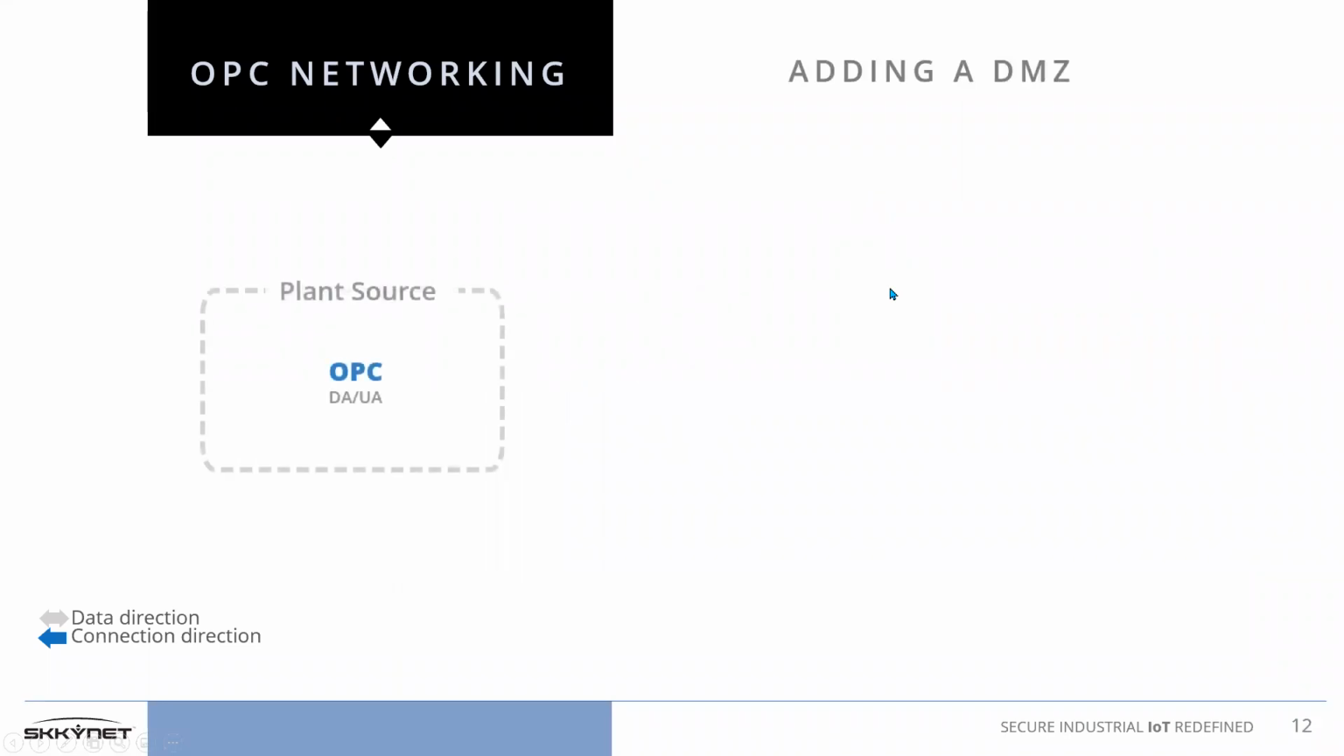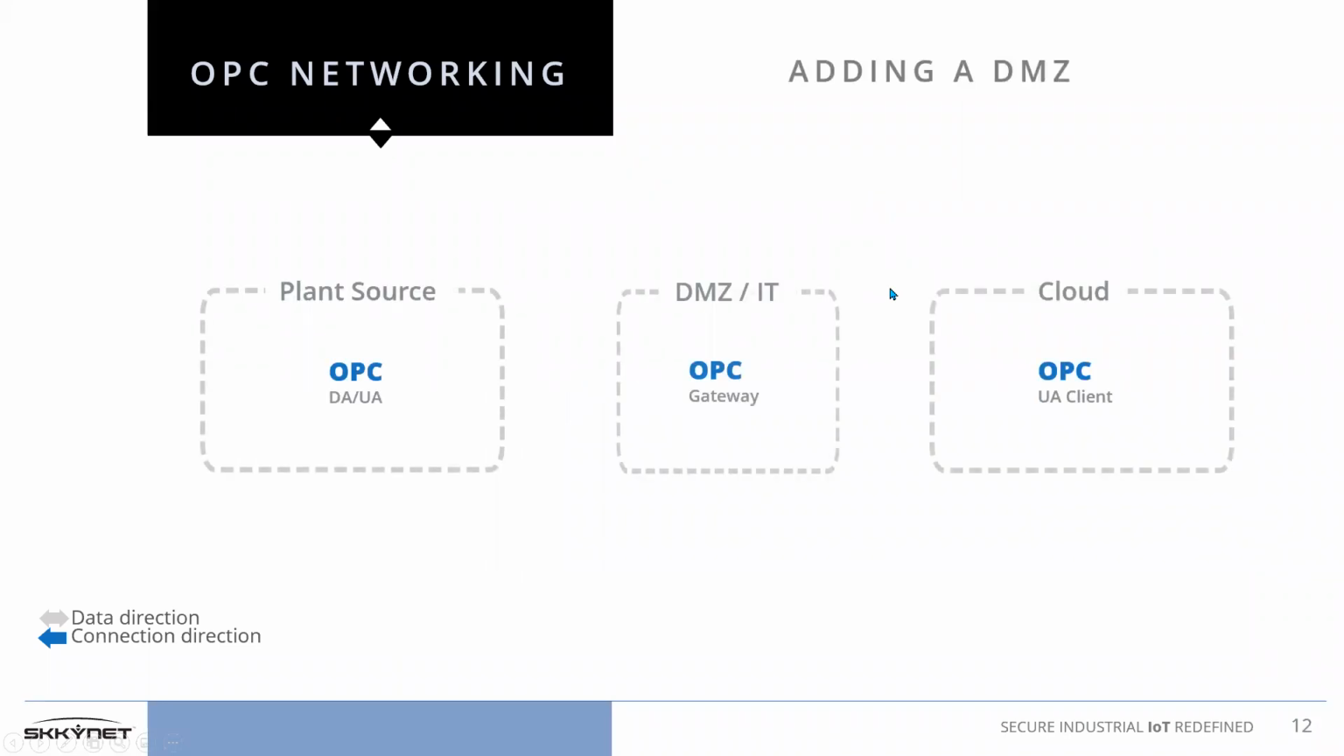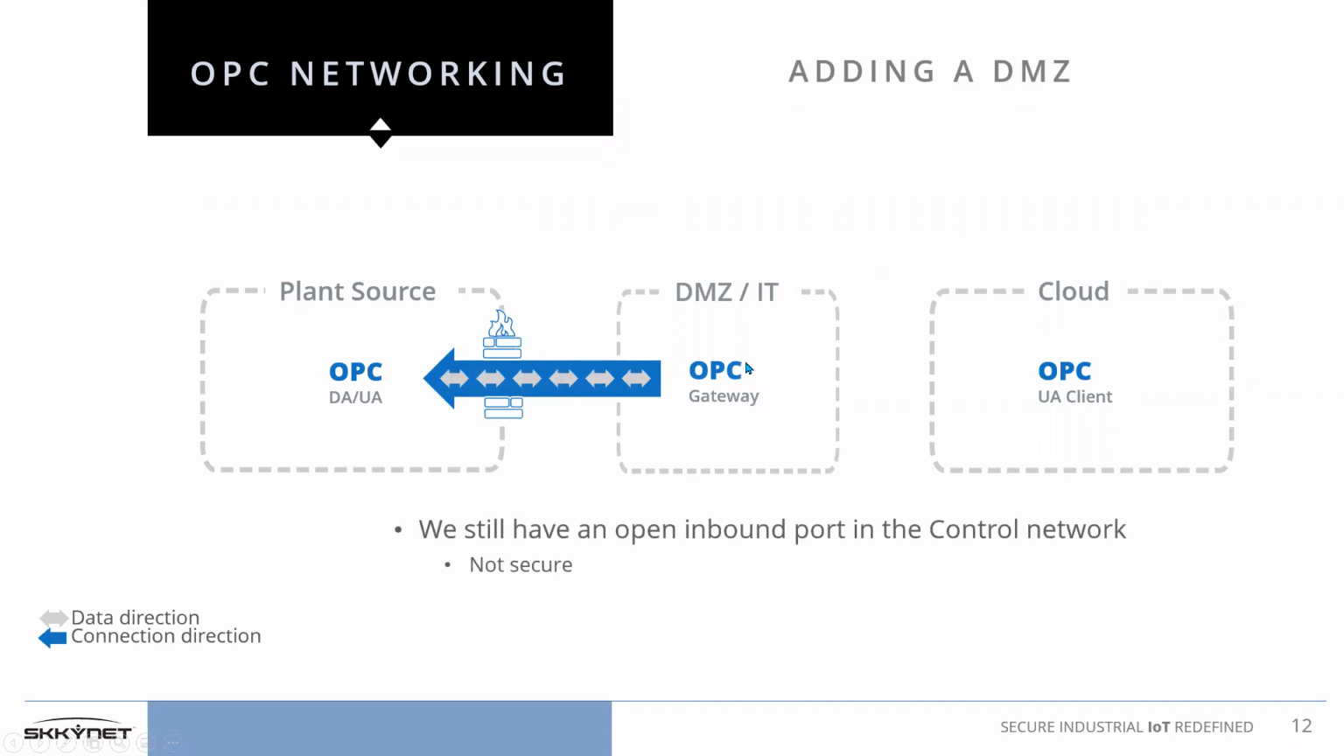So we can add a DMZ into the situation. By adding a DMZ, we now have the DMZ connecting into the plant source. Again, I have that open inbound firewall port, and then from the cloud or the client, I am then connecting into the DMZ. So here, I'm opening up a firewall port in the DMZ, but on the plant, I still have that open firewall port, which is not secure. And so I can put in a VPN, but again,